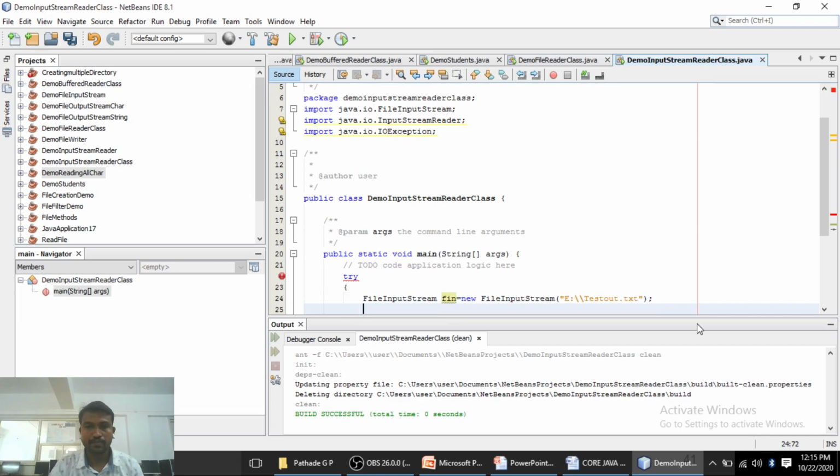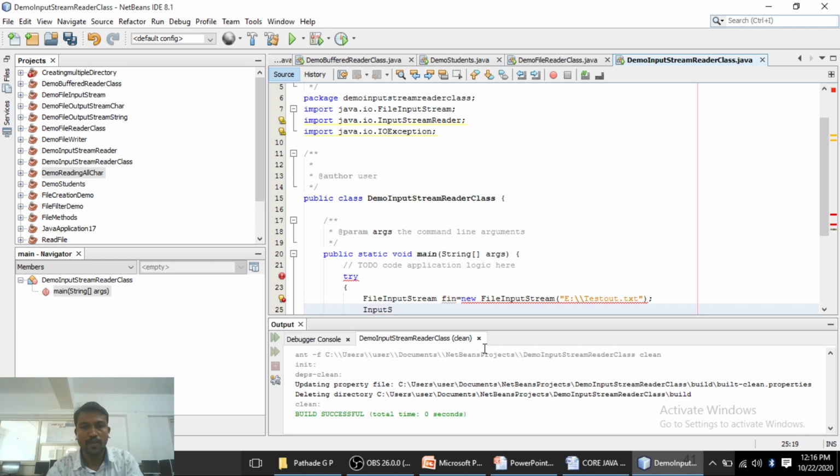Second, we are demonstrating the InputStreamReader class. As you know, the InputStreamReader class is a concrete class which is used to connect to the keyboard, and second, it converts your byte data into character data. The byte data is read with the help of the first statement. Here we are going to convert the byte data into character oriented data, so we create the object of the InputStreamReader class.